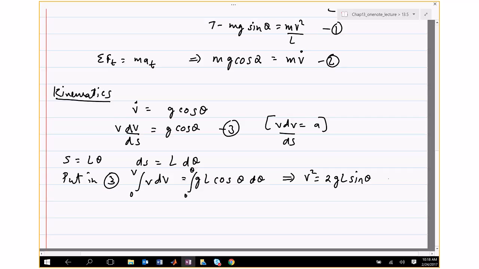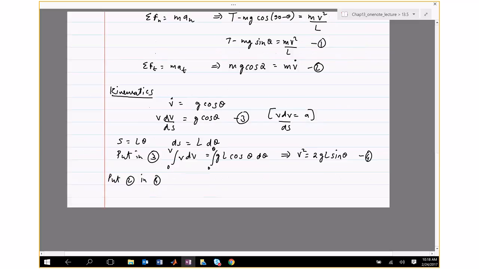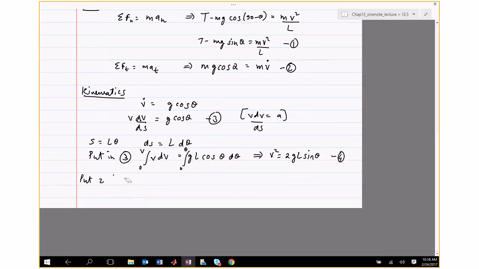Okay, let's call this 4. So all we have to do now is put 4 in 1, this equation, to get T equals